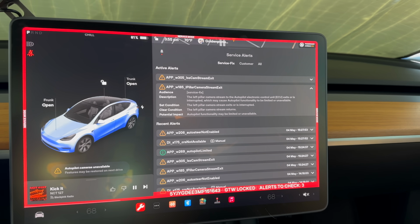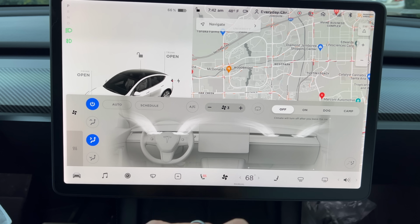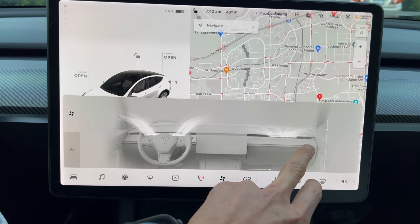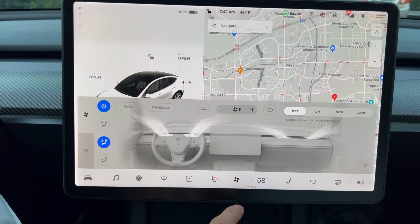I mean, I reset the cameras, I went into the secret service menu, I reset the DAS, and nothing. Another big issue I had with my Tesla Model Y was the air vents. With the ventless design, there's an actuator inside that goes up and down to provide good airflow. However, for some reason with our model, the air never liked to go up and was never strong, even on